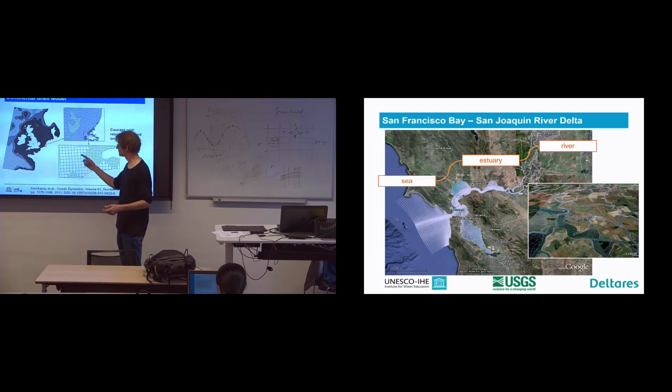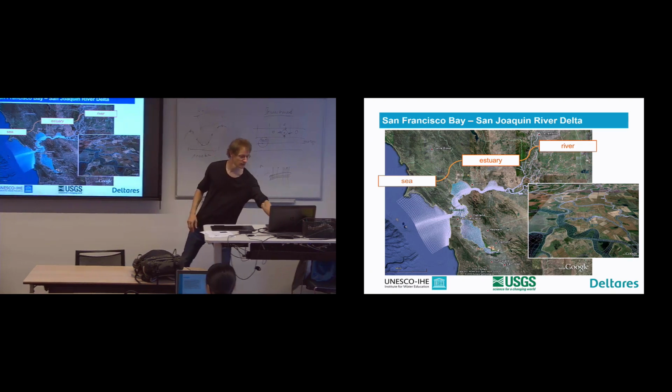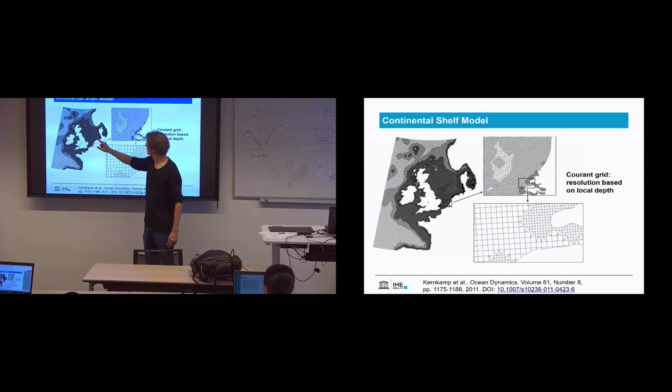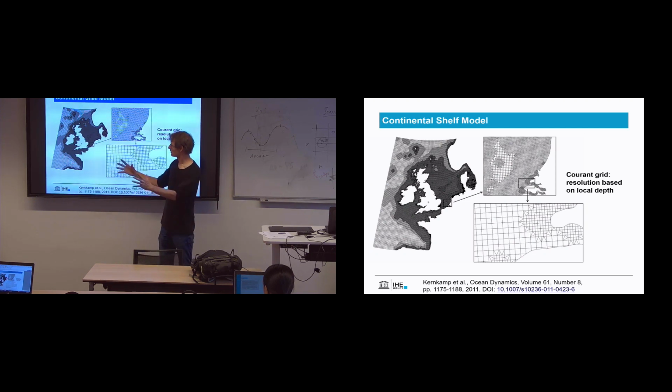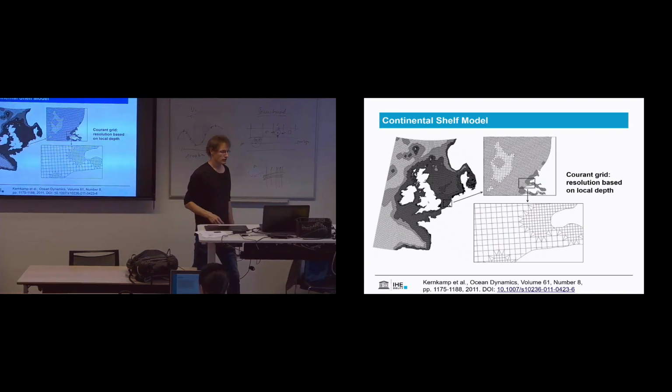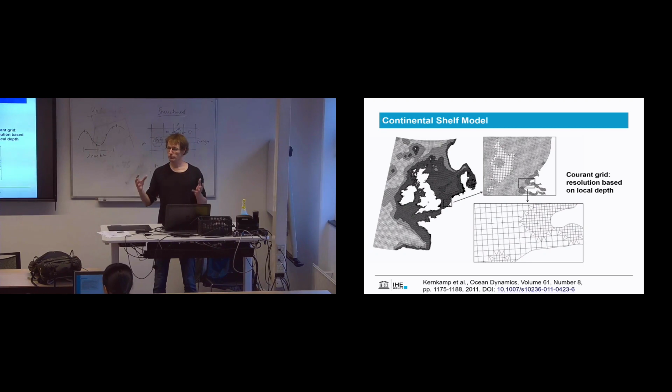And that's what's demonstrated here. So in very deep water, you can work with gigantic resolutions, and if you go finer, then you can still work with fairly coarse resolutions. Yeah. But it's all dictated by your Courant. So a Courant grid is a grid where the physical process doesn't dictate the grid cell size, but it's actually the maximum grid cell size that you can use there based on the Courant